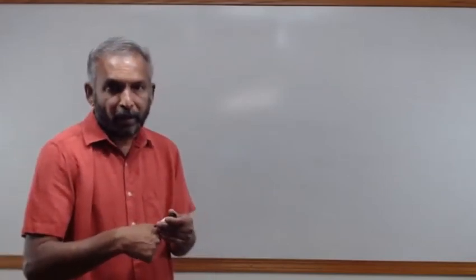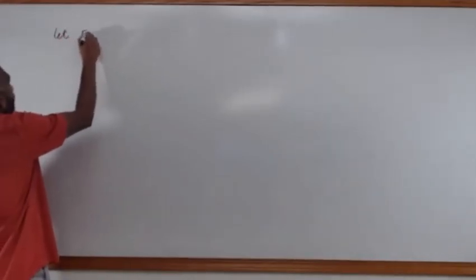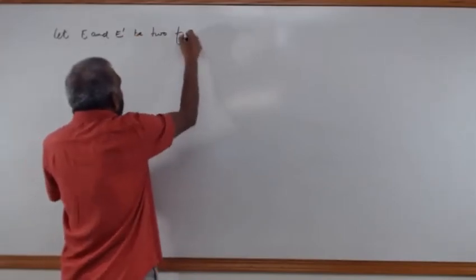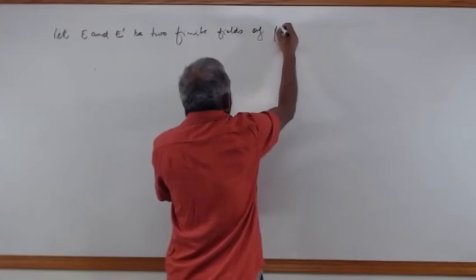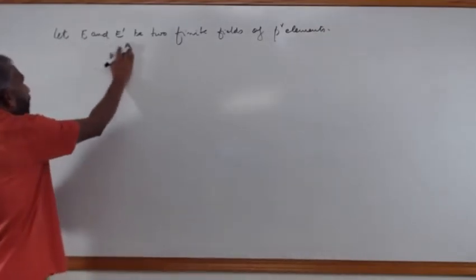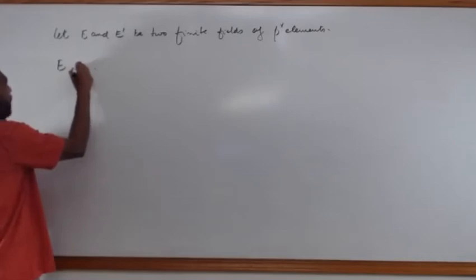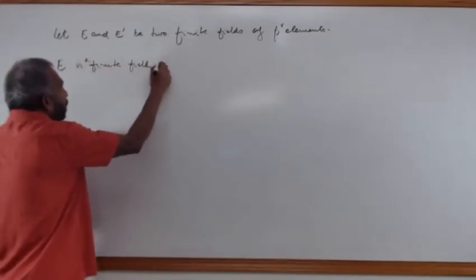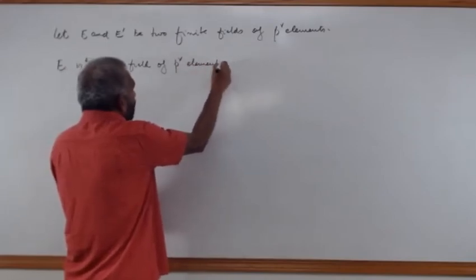Now let us assume that there are two finite fields of the same number of elements. Let E and E prime be two finite fields of p to the power of r elements. Then what can you say about E and E prime? Well, E is a finite field of p to the power of r elements, implies